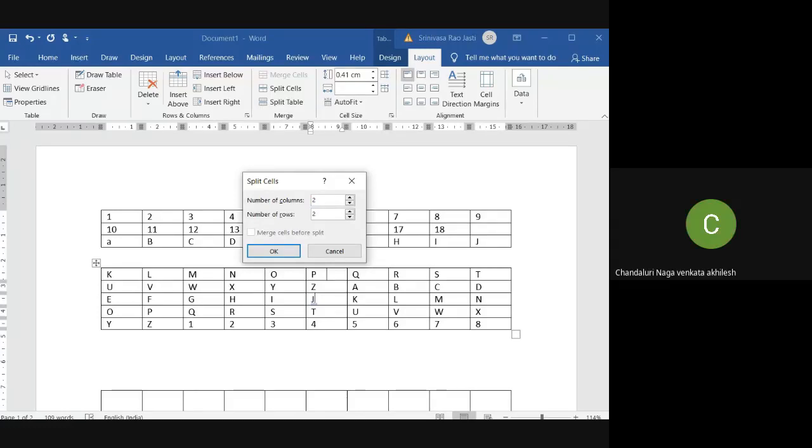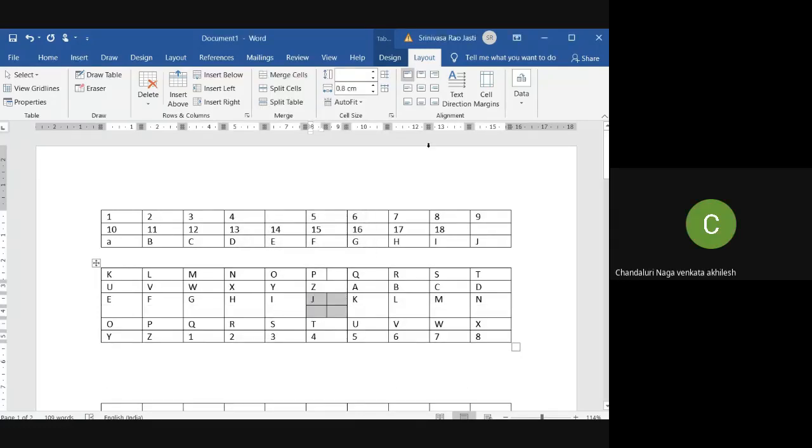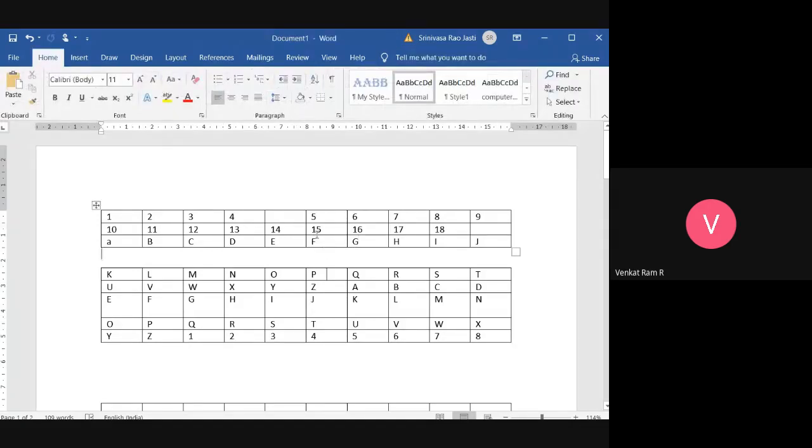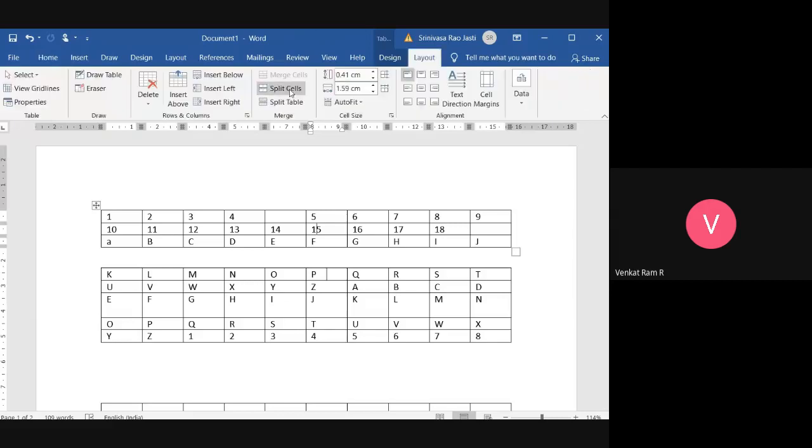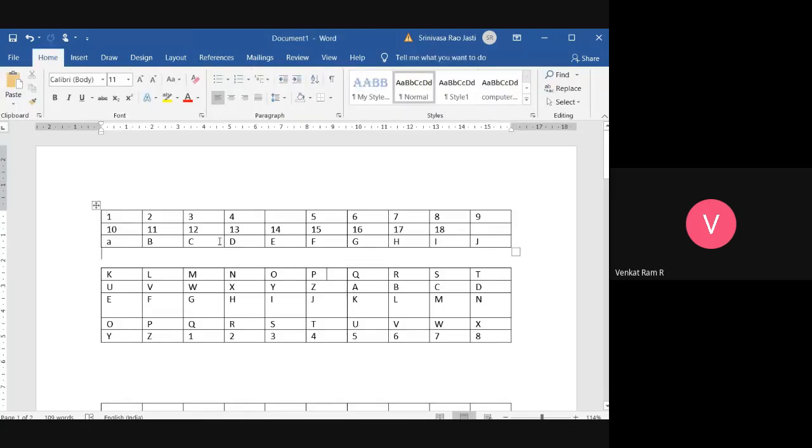Even the merge cells option is there, sir. Yes, I know. In order to merge, you have to. If I want to merge a table, then I can use this. But I didn't ask regarding cells. What do I have to do if I want to delete? Merge cells means if I am using any option here, see here, layout, then it will merge.